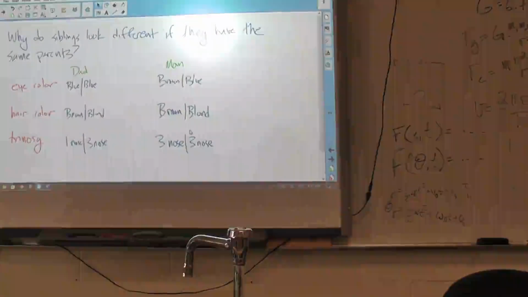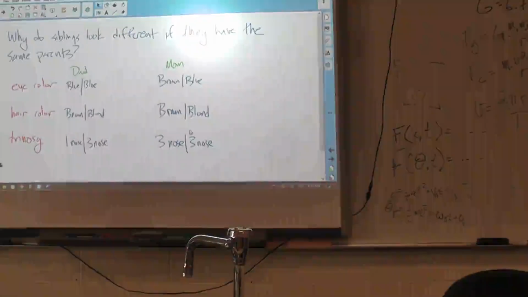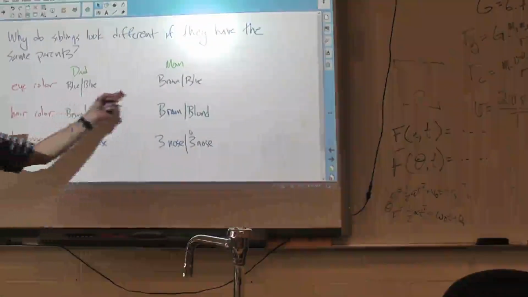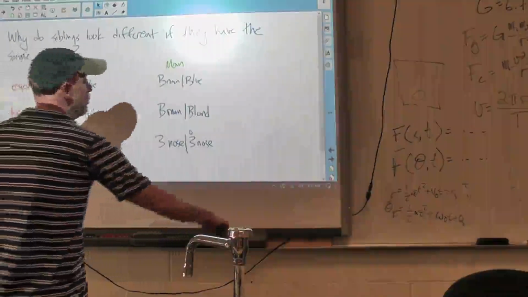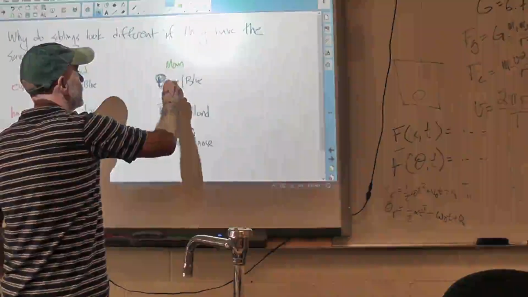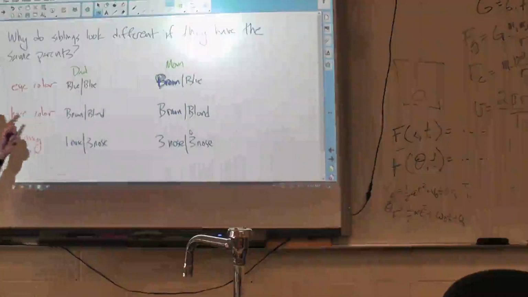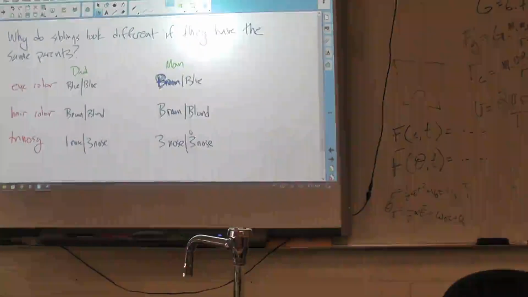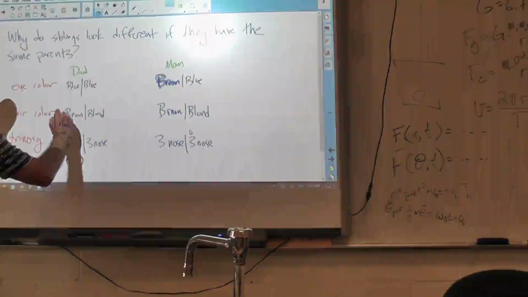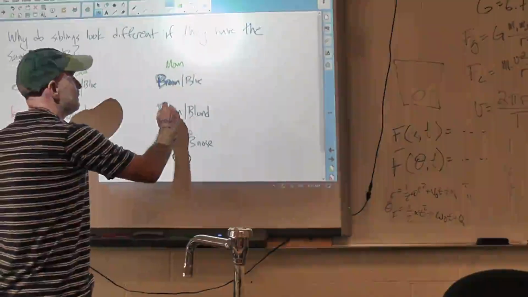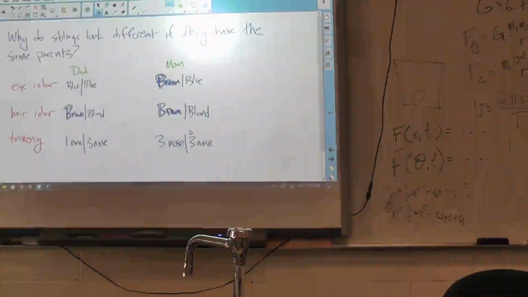Okay. Now in this case, we've got 2 alleles, 2 possible alleles for each of our genes. For eye color, we could either be blue or brown, and in real life, brown would be the dominant allele. And for hair color, we've got brown and blonde, and it's a little bit more complicated because there's more than one gene that actually determines hair color. But we'll keep things simple, and we'll say that brown hair is the dominant allele,